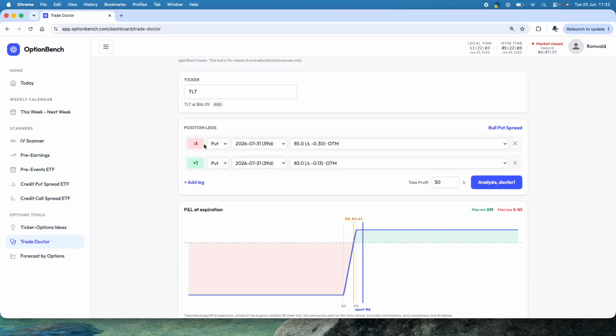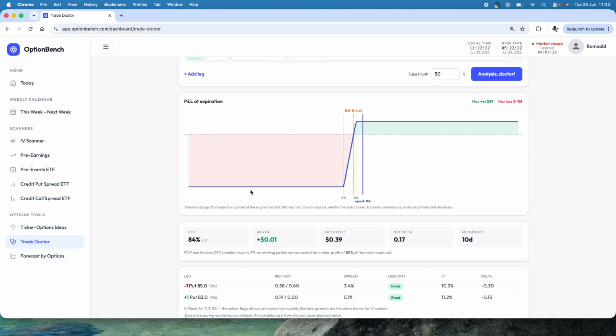So let's read it in plain numbers. You sell the 85 put, you buy the 83 put at $2 wide spread, you collect 39 cents of credit, so your maximum win is $39 per spread. Okay, so your maximum loss here is $161. So in fact you're risking 161 to make 39,